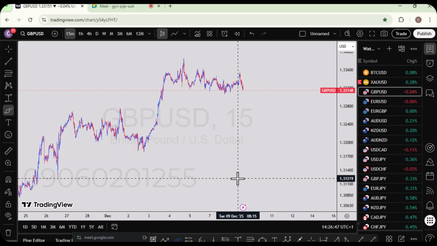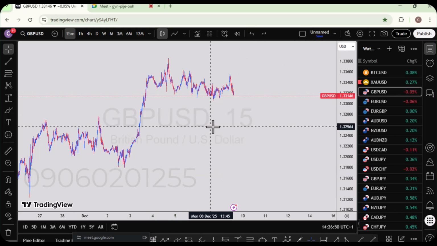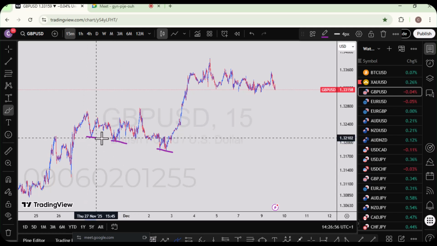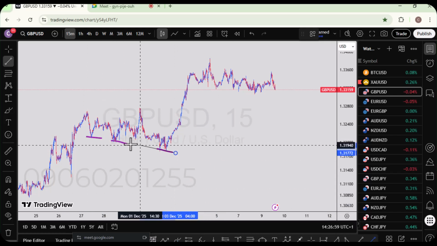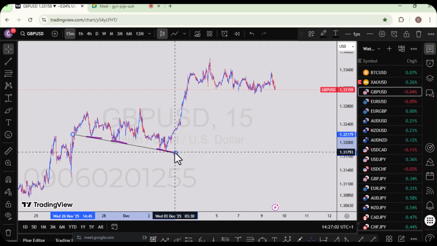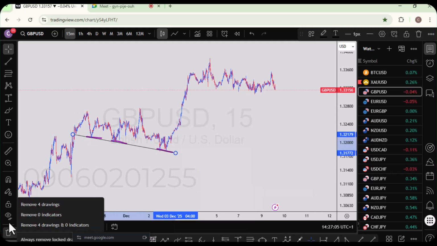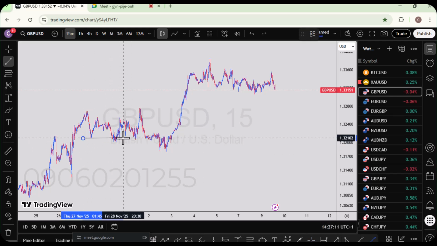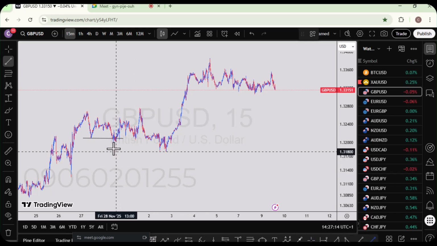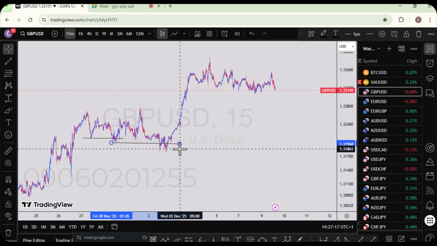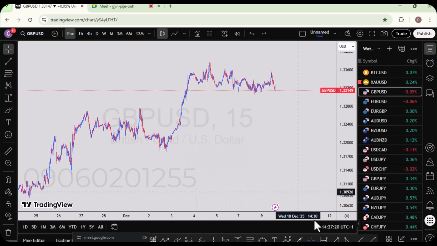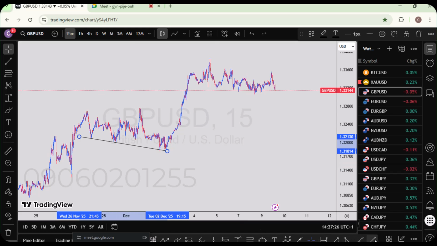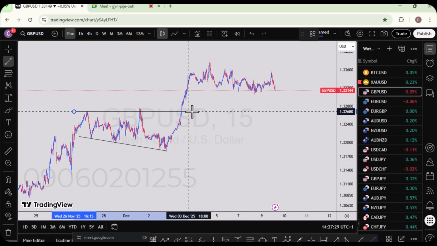Now let's check what we have right here on this price chart. We have one swing here, another swing right here, another swing right here. So if we connect this swing all the way forward, we can say, okay, we have a trend here. Now we have the first level right here, which is like a small break, and we have another swing right here, which is another small break. You can see how it breaks all the way down. So based on here, we connect this line all the way backward, and then we connect another level at the top. So right here we can say we have a reverse